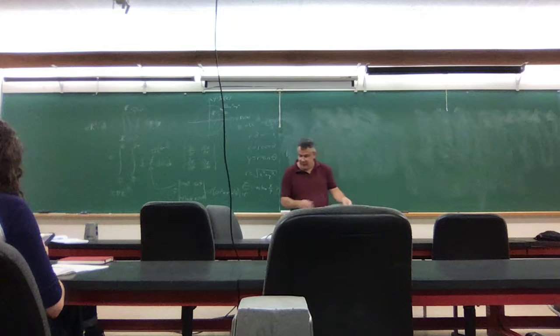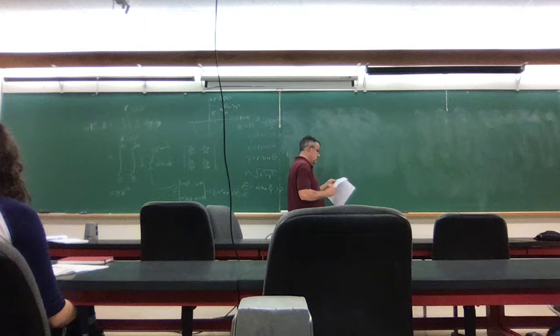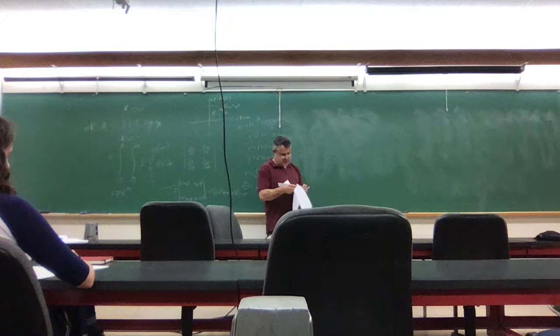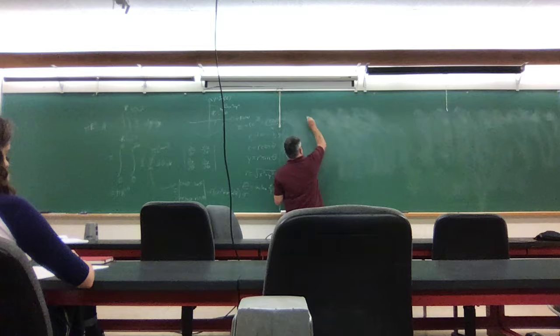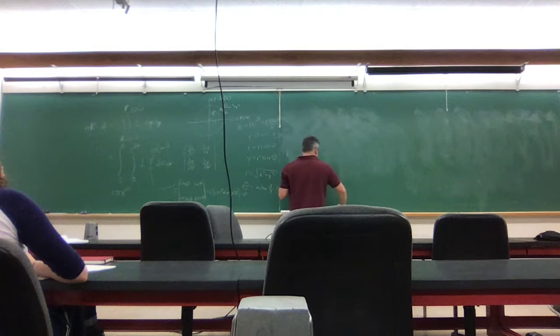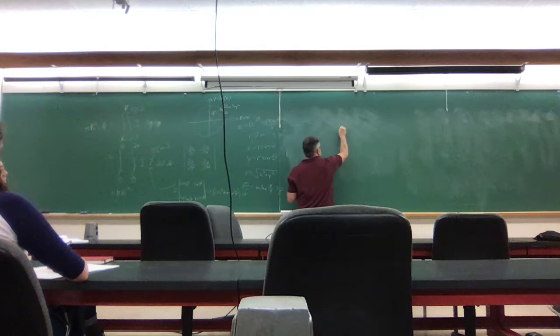Okay, so we talked about thinking of the average as an integral of something over the integral of something else, one over whatever. A Fourier series can be thought of a little bit like that. If I have a function, whatever it is, and I'm trying to approximate it with sines and cosines,